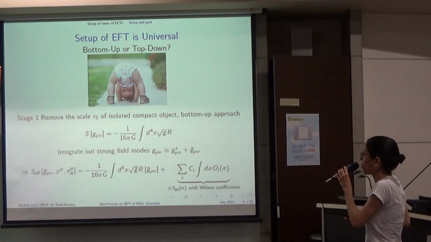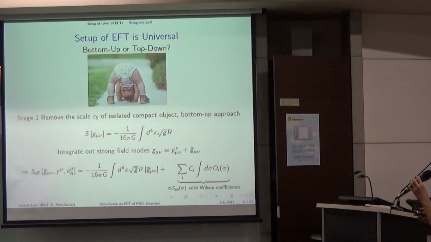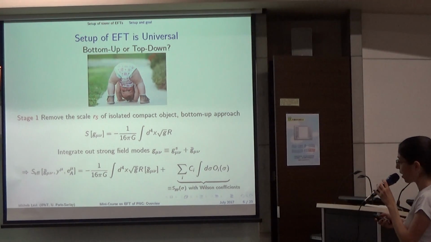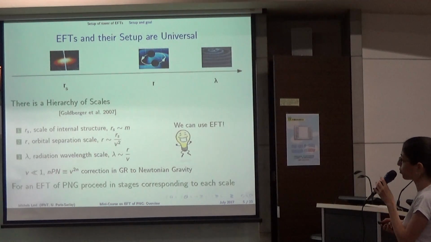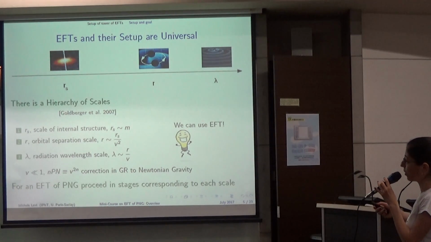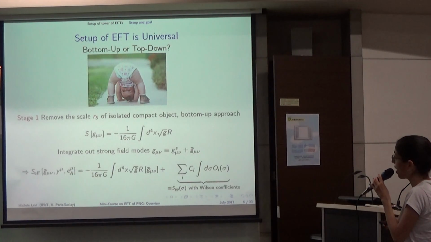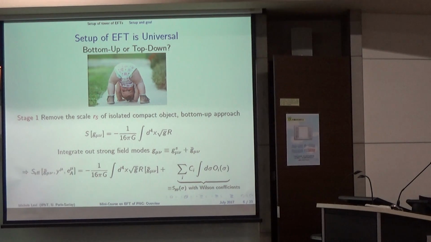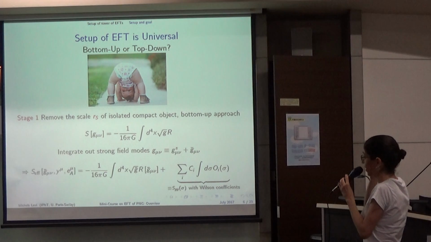Okay, so at the first stage, as I said, in my line of work, we'll only go through two stages, the first and the second. We will remove the scale of the compact object, and then we'll remove the orbital separation scale. At the first stage, we will use the bottom-up approach. What the bottom-up approach is